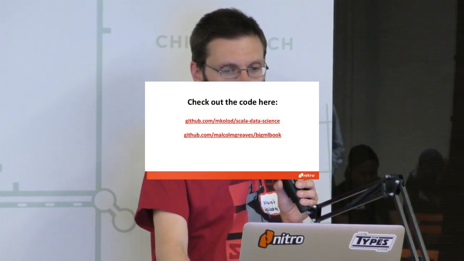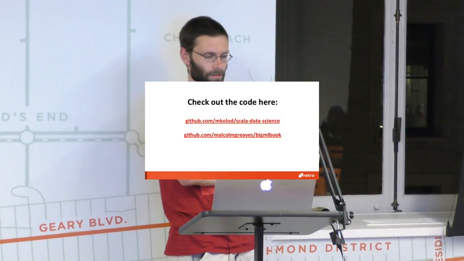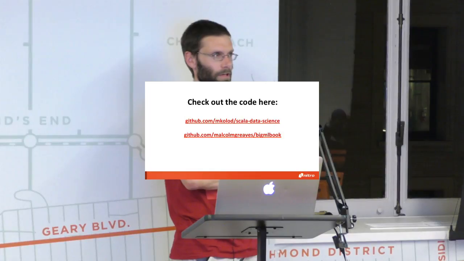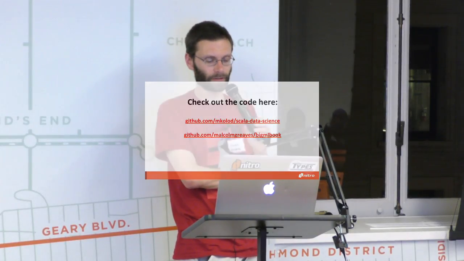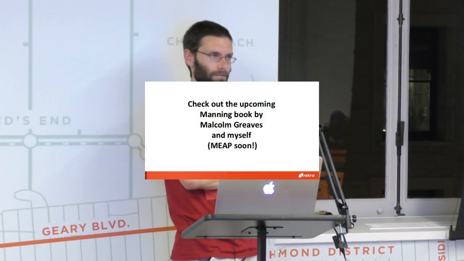So I guess let me just bring up the slides for a second. So this code is on GitHub, and this is actually part of the book that I'm writing with Malcolm. So the bigger code, which will cover other algorithms that we mention in the book, is in the second repo. And we don't really have a date from Manning when the MEP is going to come out, but I assume it's really soon, since we have half the book written. So hopefully the publisher will get busy soon and do their part.